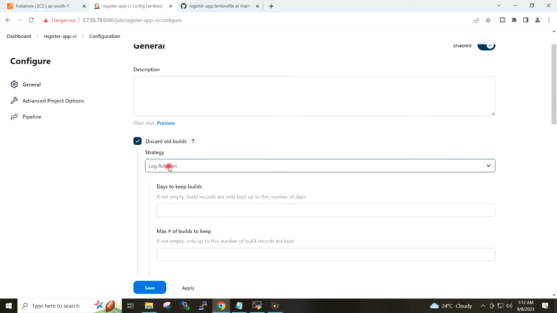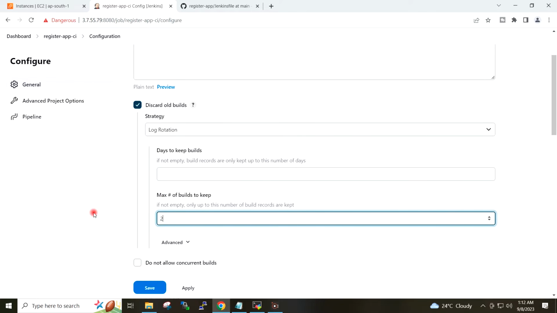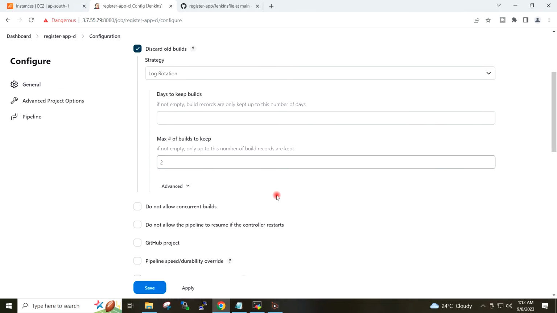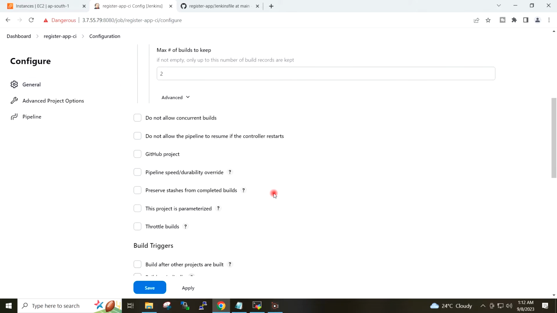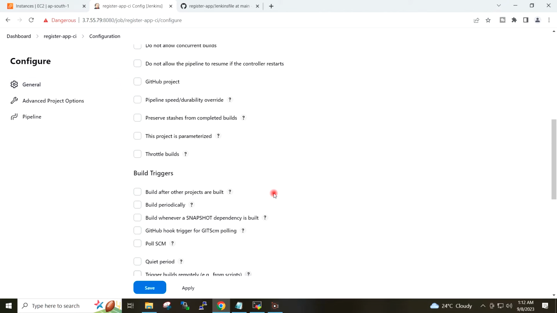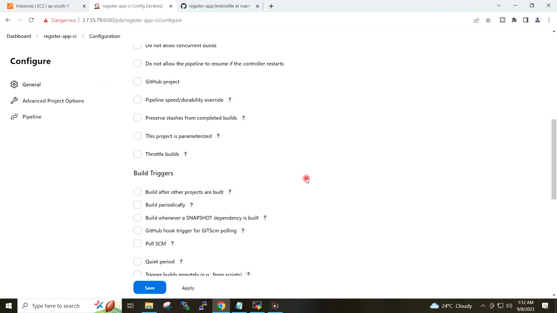Under the log rotation, max of builds to keep, I will type here 2. I will not set any build trigger as of now.